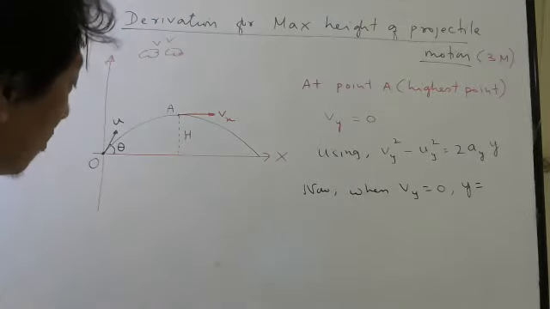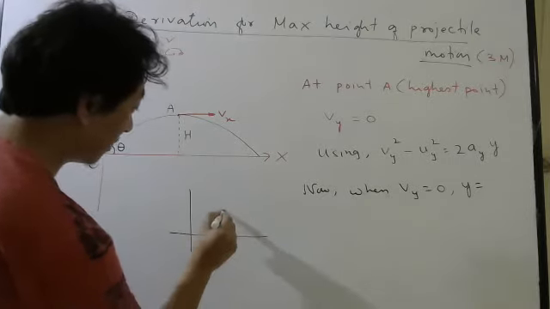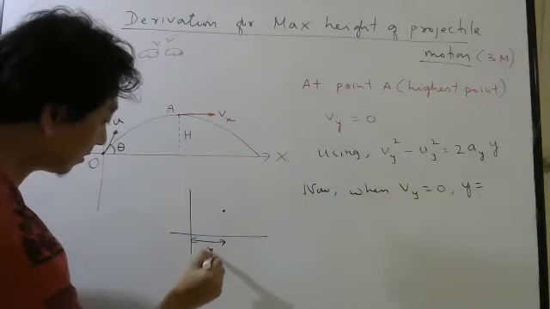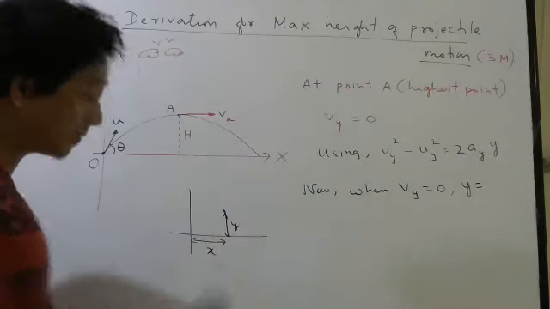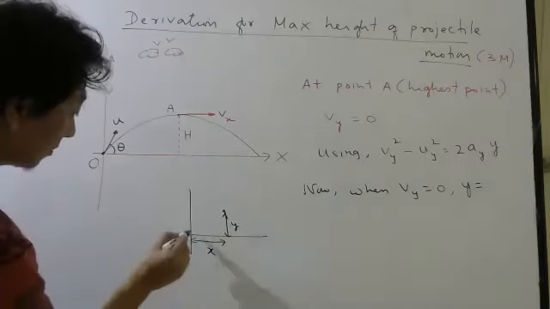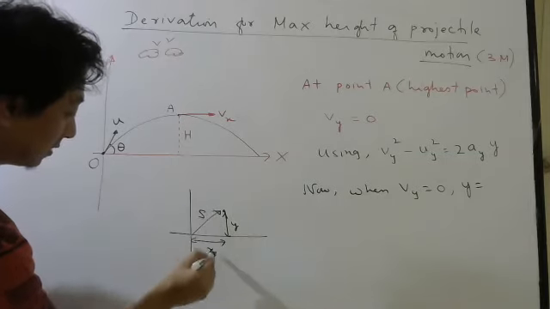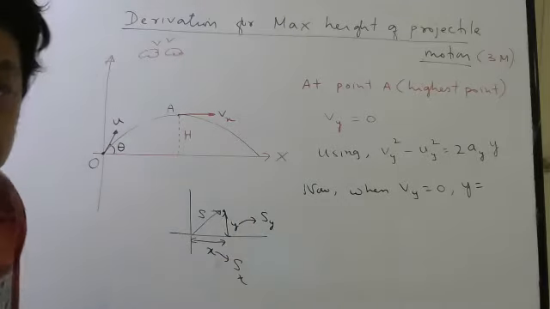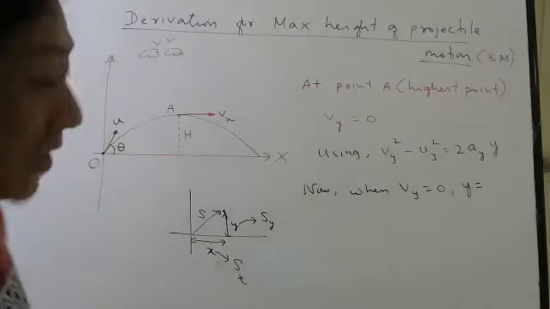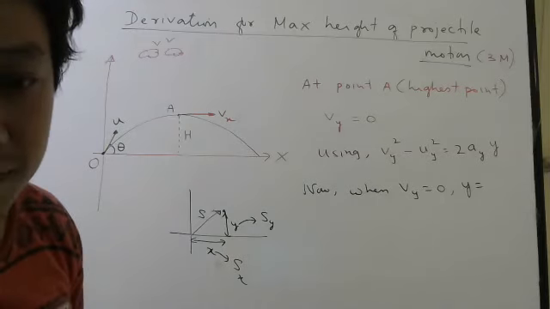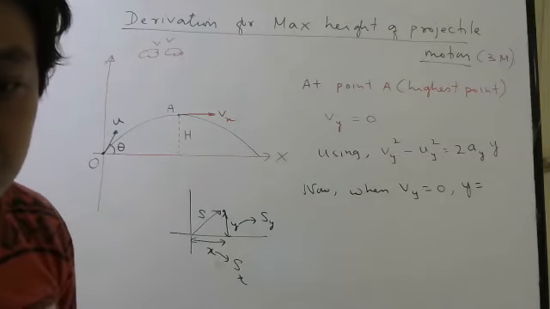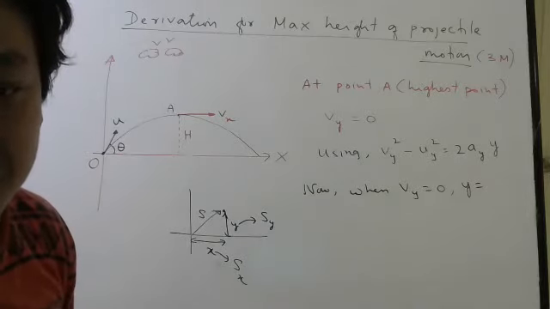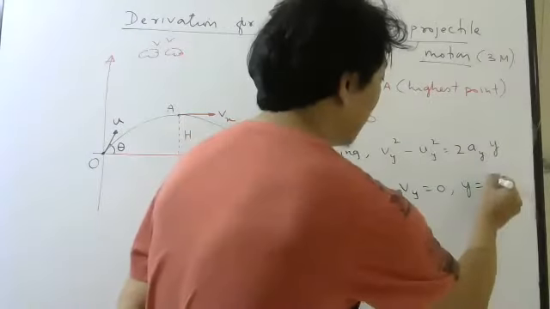I'm saying y coordinate. Coordinate means, I hope you know coordinate, no? So if there is a point here, x coordinate means this, y coordinate means this. Right? This is your displacement S. This is your x component of displacement. This is your y component of displacement. So look at the diagram and tell, your y becomes equal to how much? Highest. What symbol have I written? Capital H. So y becomes capital H.